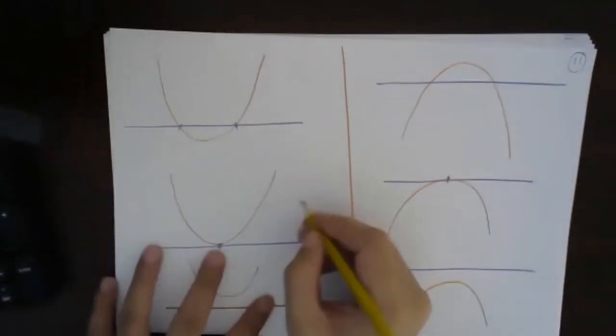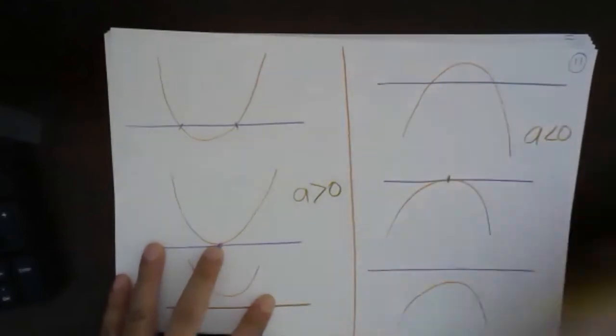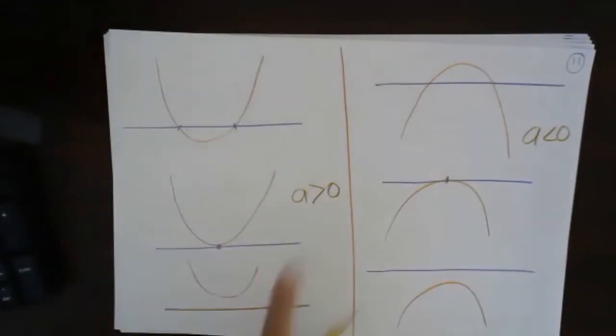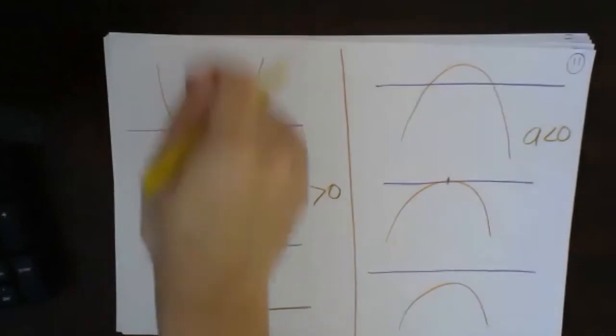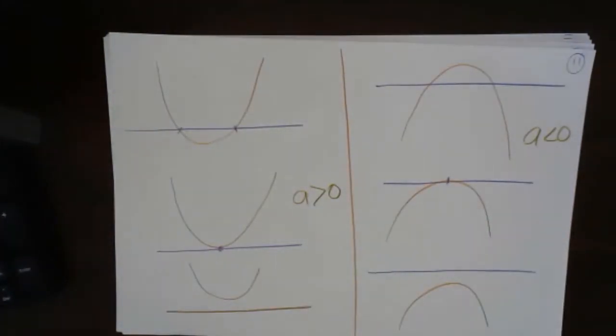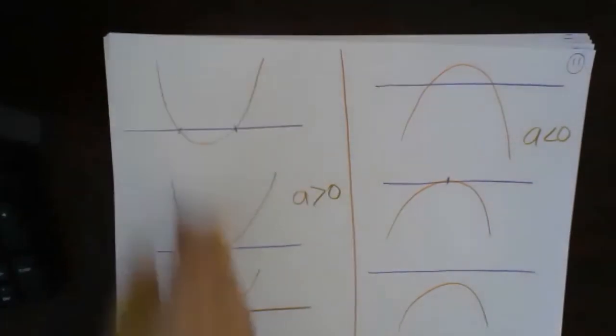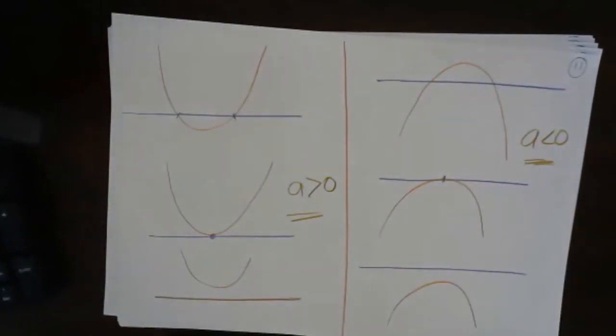That this is a greater than 0 and this is a less than 0. Why? Is there any doubt? This is a greater than 0, a less than 0. Yes or no? Fine. This is a greater than 0 no matter what the case is, and this is a less than 0 no matter what the case is. This much I am 100% sure. There is no doubt about it. Okay, all these cases are coming from this. Now we have to look a little further.